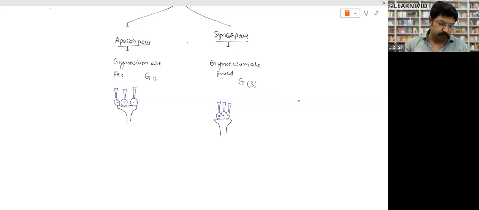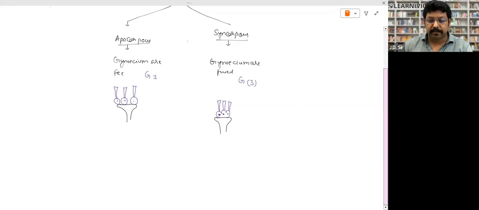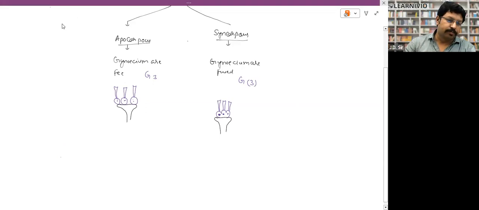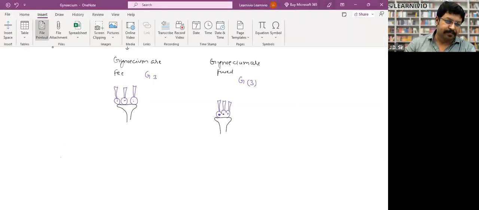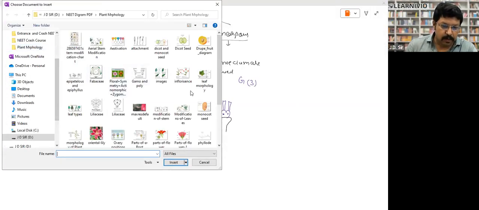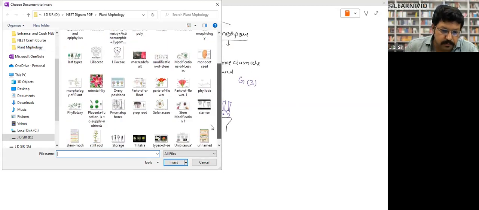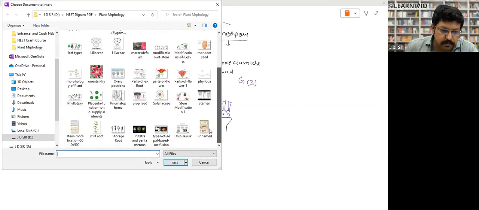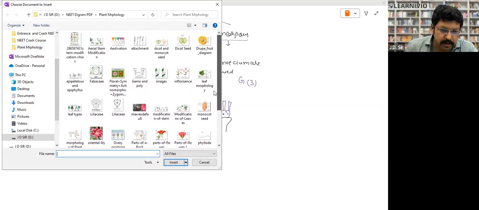All gynoecia are free. But there is one more speciality found with the gynoecium, so let me tell you that. Perigynous, epigynous, and